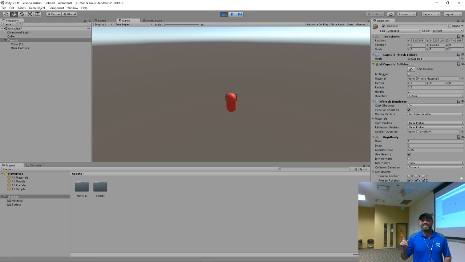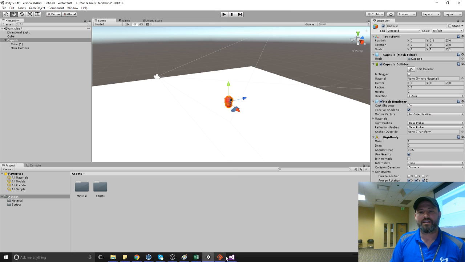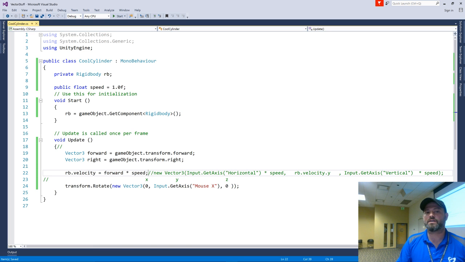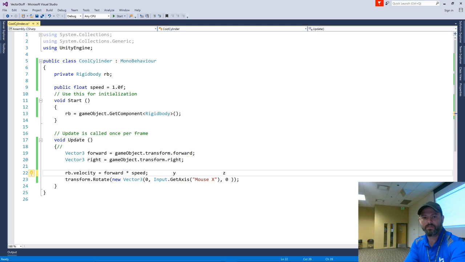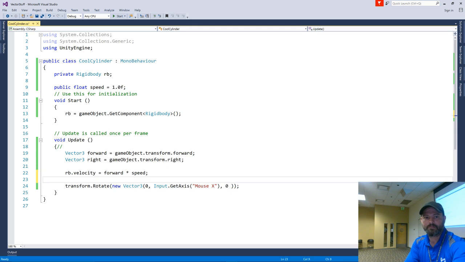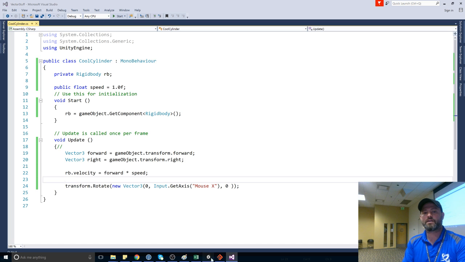Yeah, but there's no gravity on these. No, I never told it to stop. Actually, hold on. I should have told it, because he's still going because I didn't do something here. And what I didn't do was check for any keys. I didn't check for any input. If I get rid of this whole line, do you see what this is doing here? I have to get rid of all this too. This is saying don't even check for input. Just move me forward. I didn't notice it because right when I started pressing W, I'm like, this is working. Totally wasn't working because if I save this, it's not looking for any input.